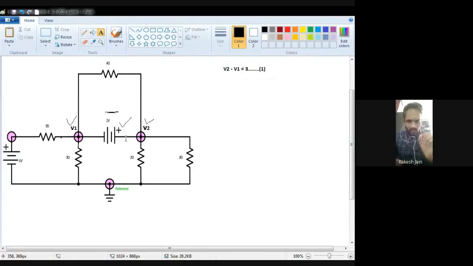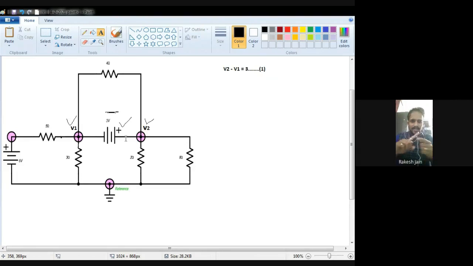Okay. Now we have to write down the nodal equation for the second case. Whenever a supernode is there, write down the second equation on the basis of the node equations. Here for this question V1 and V2 are two nodes, they create a supernode due to the presence of a battery or voltage source in between them. So how to write down the equation for a supernode? Just write down the equation of one node plus the equation of the second node equal to 0.